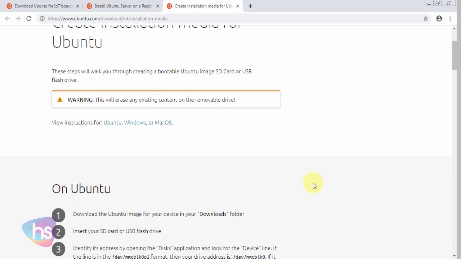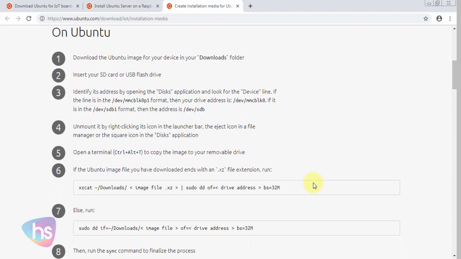We'll go through the step by steps here. First we'll see Ubuntu. Download the image, insert your SD card or flash drive to connect to the system, and identify the disk address by typing it in the disk applications and device line. See here, format your device following these instructions, and unmount it: right click the icon on the launch bar, eject the file, a square icon of the disk applications, open a terminal with Ctrl T, copy the image